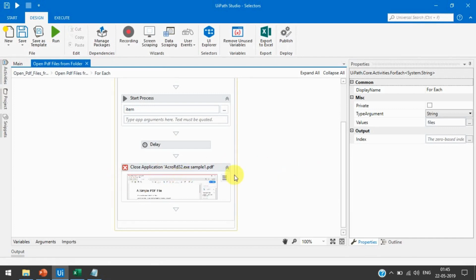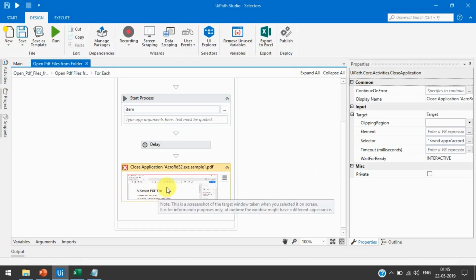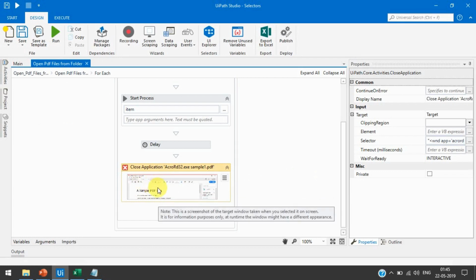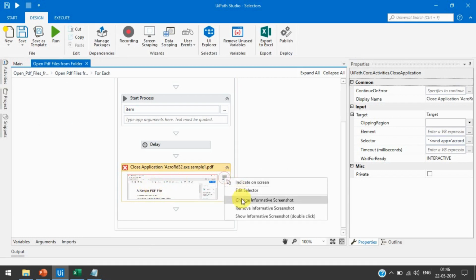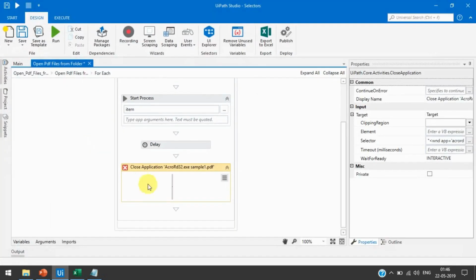So this way we can modify the selector and add wildcards in the selector, right? And one more thing I am going to show you here, we can change the screenshot. Like here, if we think we have selected wrong, we have taken the wrong screenshot, then we can click on that and change the screenshot. If we select again, let me select this, right? Now you can see we have changed the screenshot.